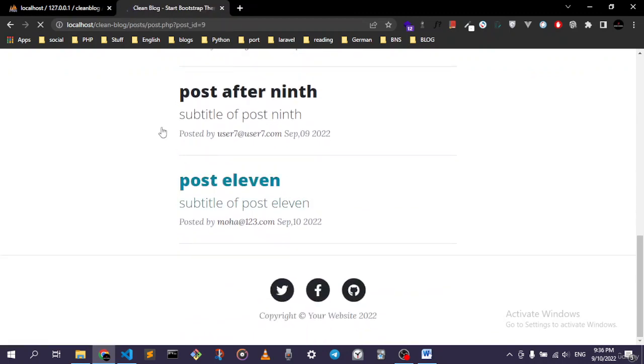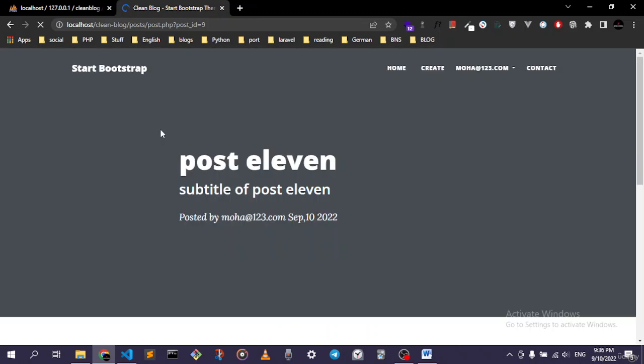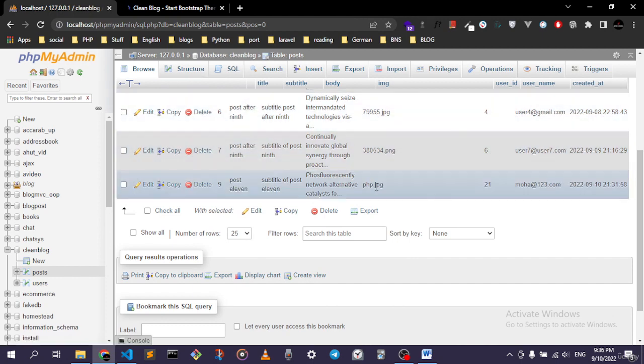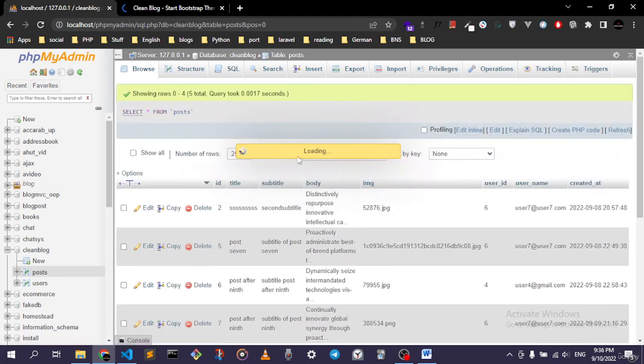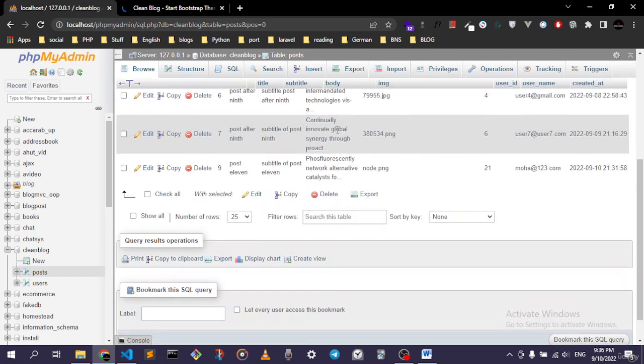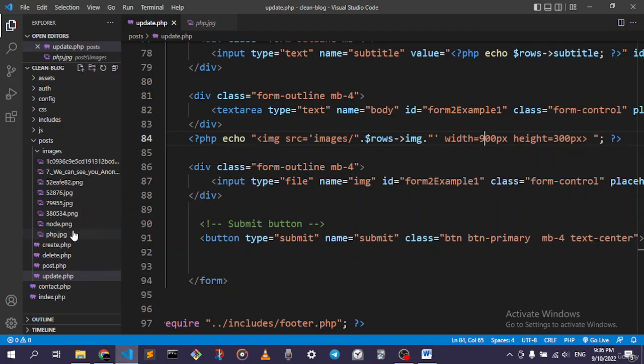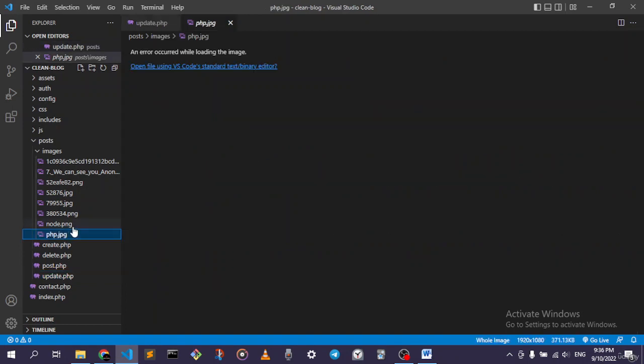So if we go post 11, you can see that we got our own image down here. Here we got php.jpg. If we go browse, you can see that we got node.png. So everything is working fine. If we go over here, now we got node.png,